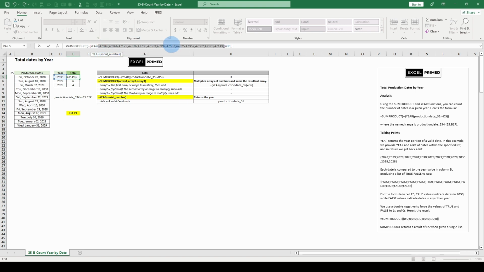47046 would be this date right here. Equals D5. This is actually the year. We go back over here. Always hit escape. If you hit F9 here, just be careful. If you highlight this and you hit F9,